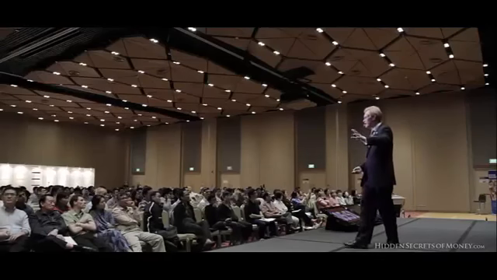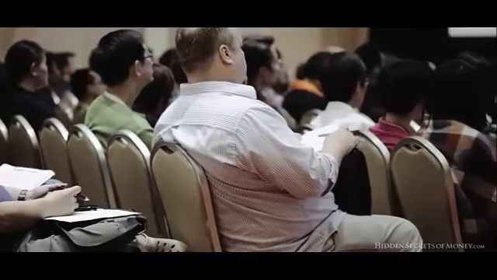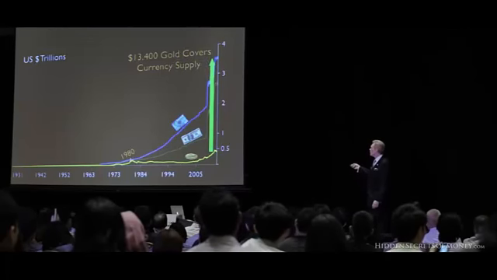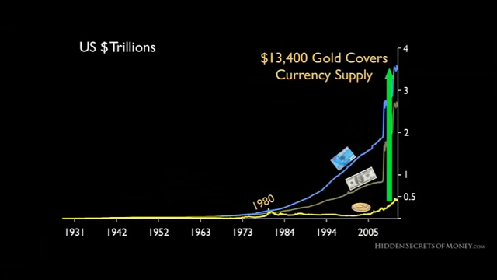And then they announced quantitative easing 3, which is that $85 billion a month that they're creating, and they think they're going to have to do it until about 2015. So here's the projection for gold covering the currency supply today: it would be $13,400 per ounce gold, for history to repeat and for gold to do the same thing that it did in 1934 and in 1980. And believe me, it shocked people in the 1970s.